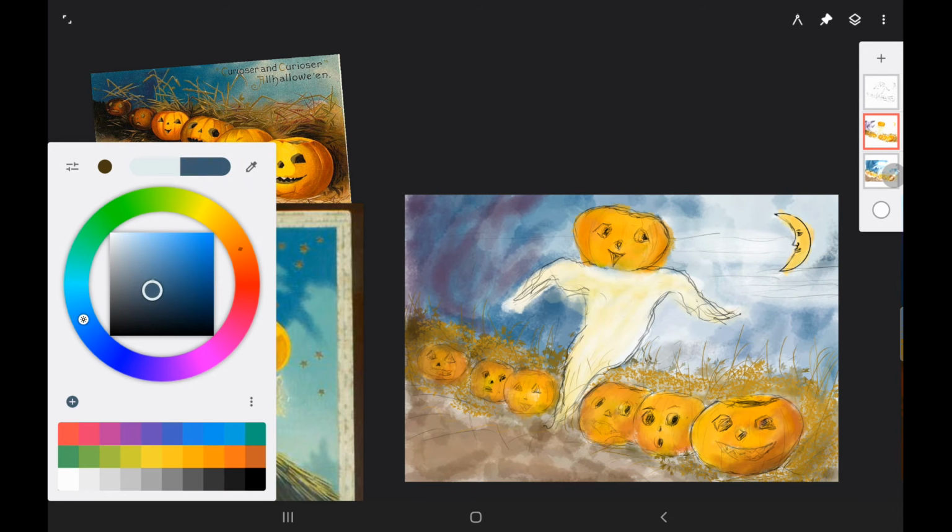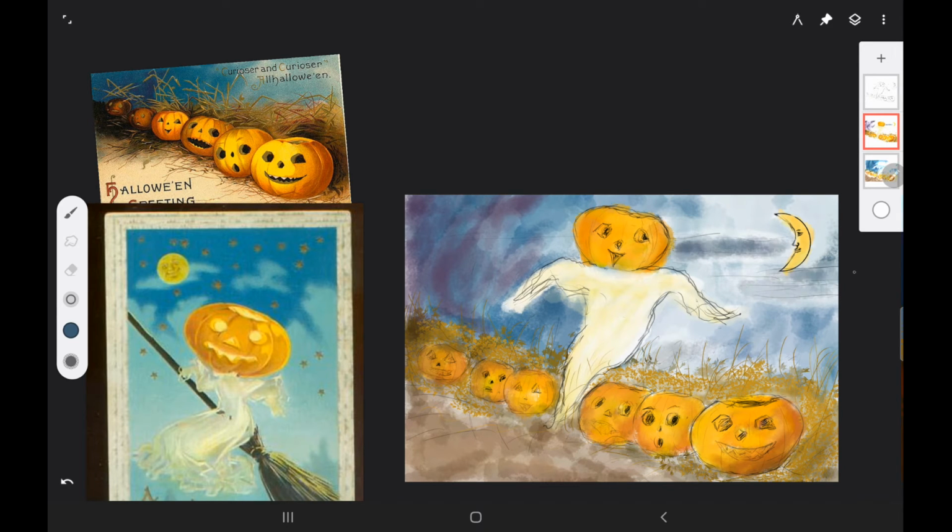So I'm throwing in a little bit of purple there, and you can go over your traditional paintings with a flat wash brush, and you can always add darker things there. And so here I just wanted some thin wisps of perhaps some dark clouds there, and you can use just a little bit of a darker blue,